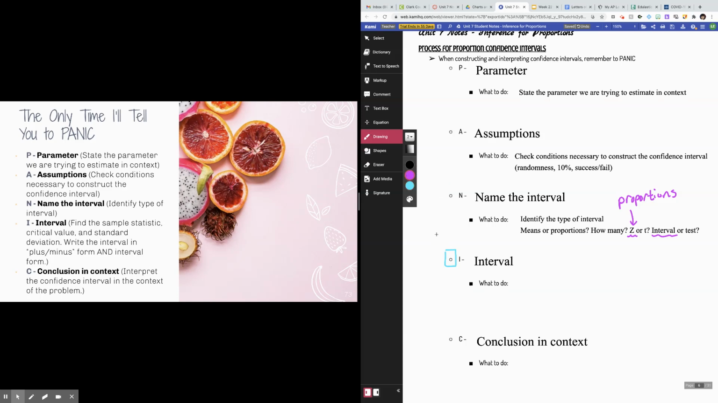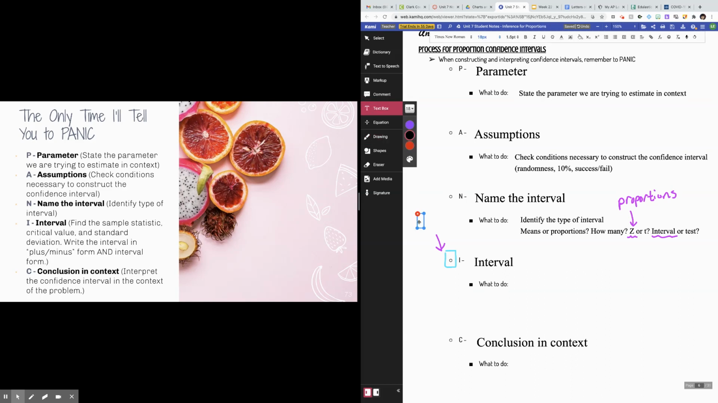Okay. The only place that you do actual arithmetic is at the I step. Okay, so you'll sometimes hear me call it the math step. Okay, so for your interval, right, once you get to that step, what you do is you do a couple of things. One, okay, you find